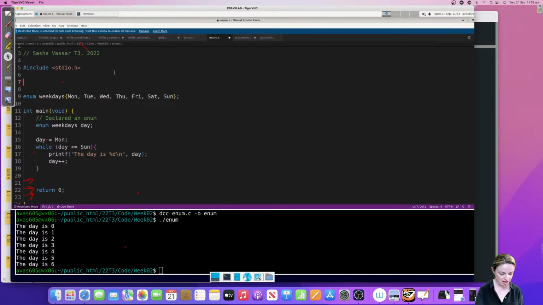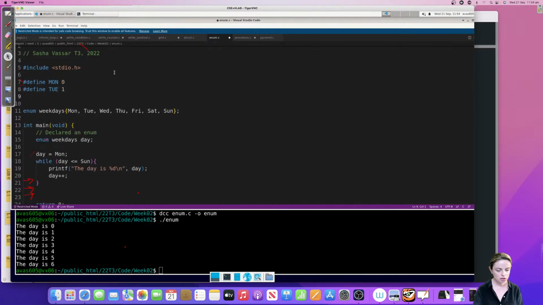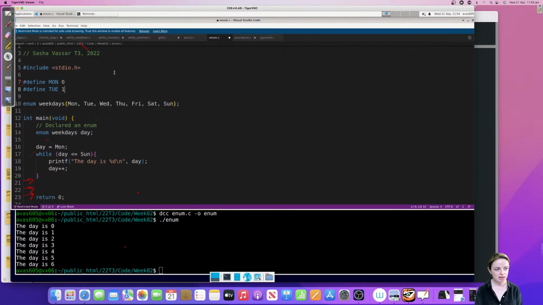So if I were to do that enum without, it would be define, I don't know, Monday as 0. Then it would be define Tuesday as 1. And so on and so forth, okay? All the way down. Whereas the enum lets me group them together and the compiler will do it automatically, give them numbers.